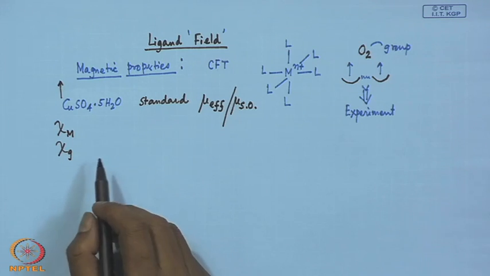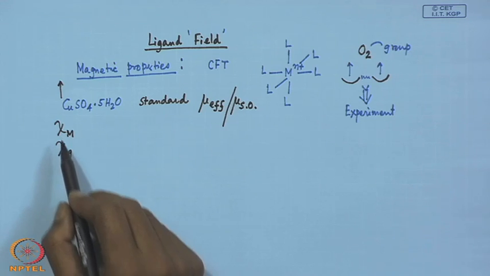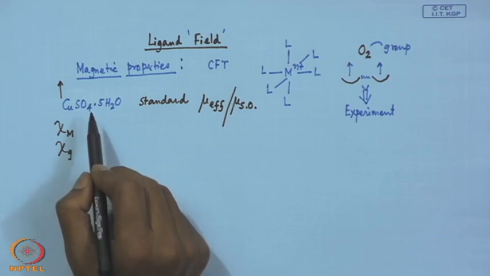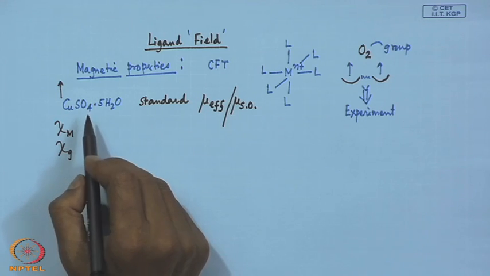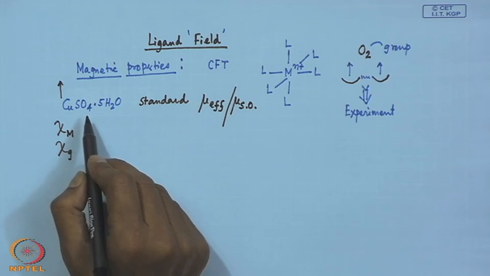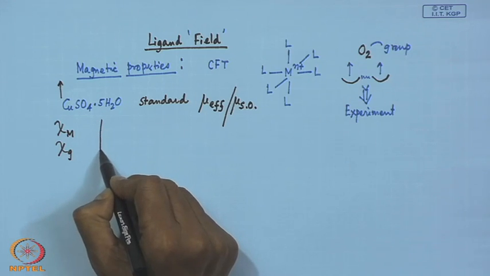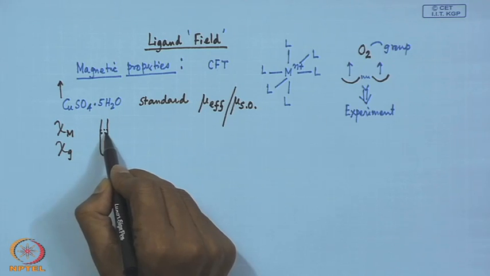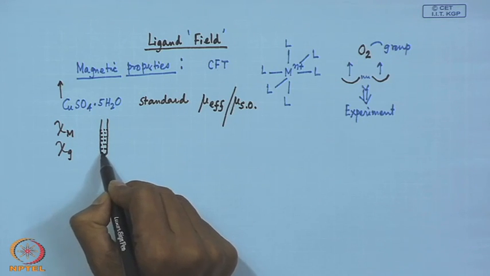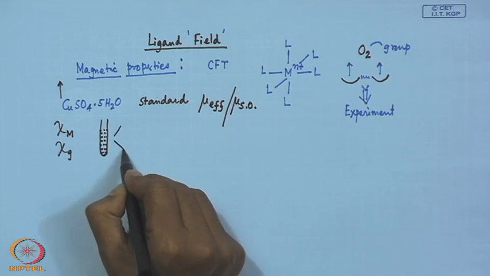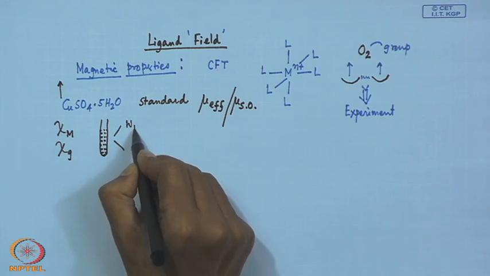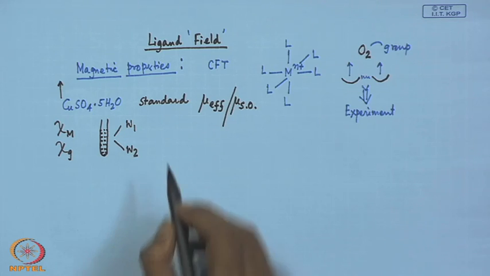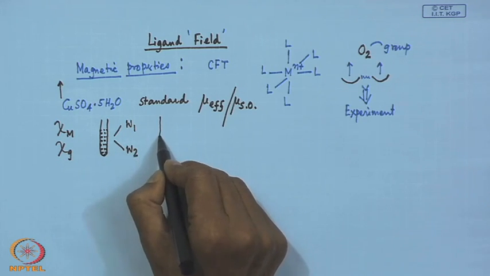So, we just simply compare the corresponding chi-g and chi-m values when we take a certain amount of this copper sulphate solution, in a uniform measuring technique. That means we take the tube which is known as the Gauss tube, and once it is filled with the standard sample, we take two weights, one in the absence of the magnetic field and one in the presence of the magnetic field. Similarly, the same tube